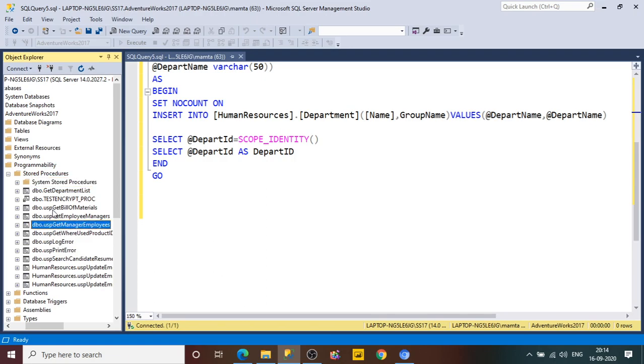So always either start your stored procedure with proc underscore, or start with get. And with the schema, like if you have a human resource schema or an employee schema, then employee dot sp underscore is fine. But do not start with dbo dot sp underscore stored procedure name. Otherwise it will cost you a lot of time to fetch the stored procedure out of the database.